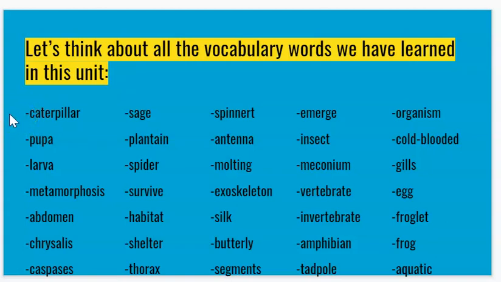Caterpillar, pupa, larva, metamorphosis, abdomen, chrysalis, caspasis, sage, plantain, spider, survive, habitat, shelter, thorax, spinneret, antenna, molting, exoskeleton, silk,